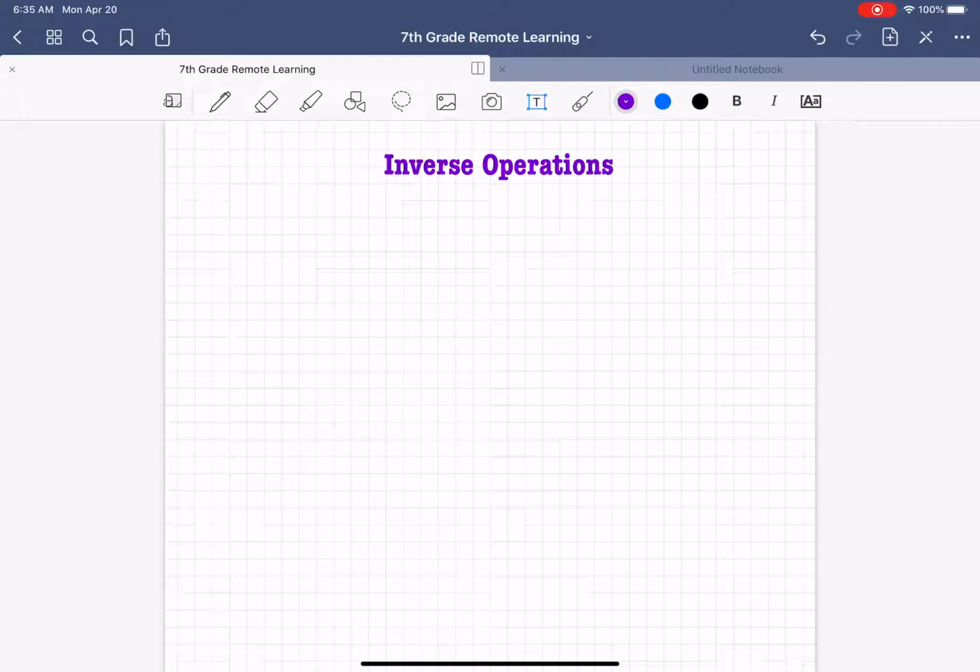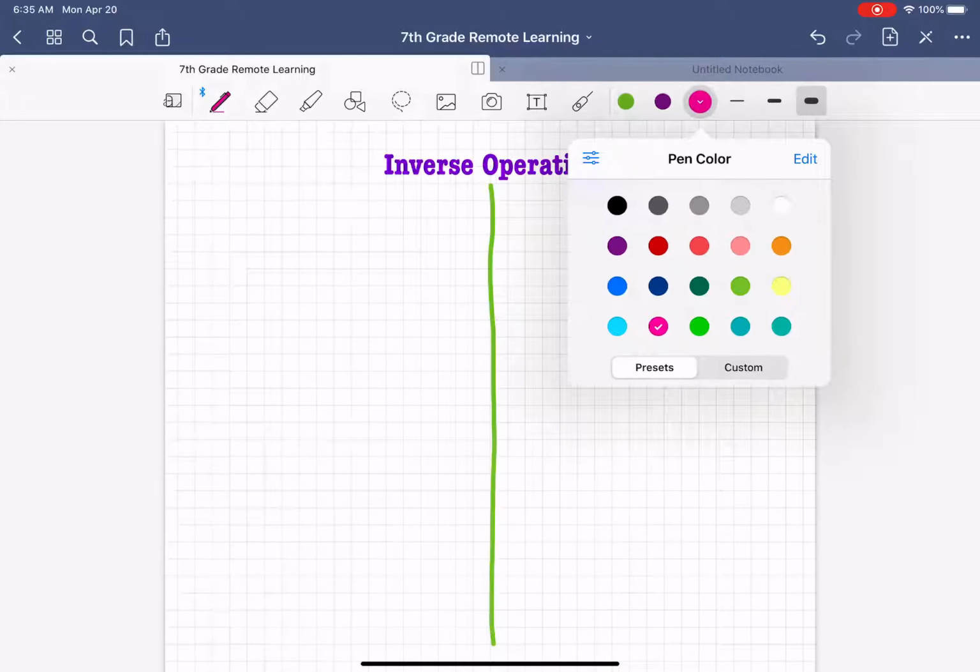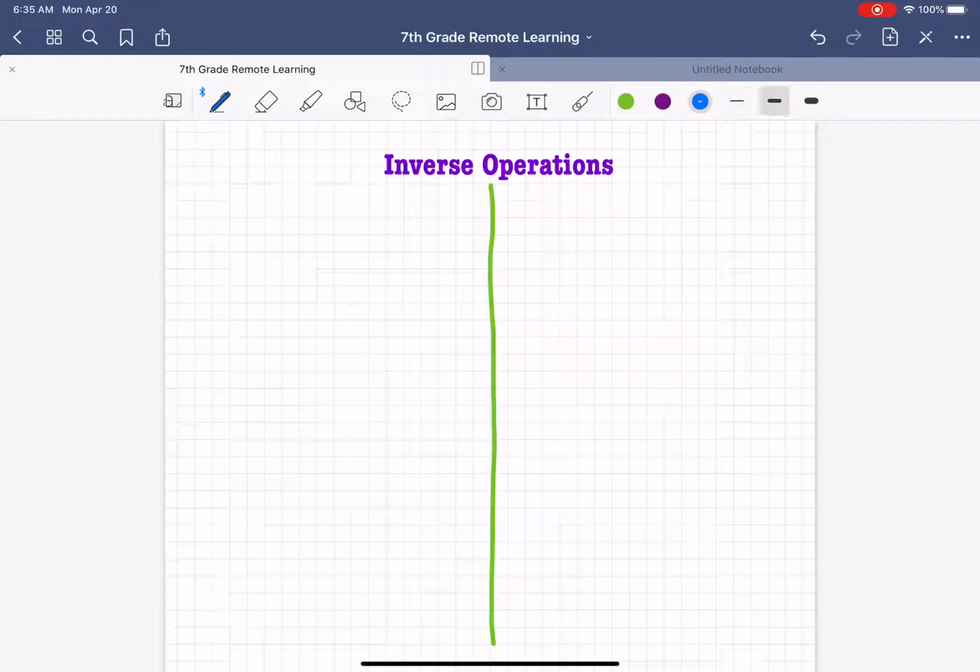Friends, today we're going to do a review of inverse operations and then use that to review one-step equations. To start, we're going to talk about our very basic inverse operations. There are actually a lot more pairs of inverse operations than what we're going to talk about today, but this is just a start. So the ones that we're going to talk about most often